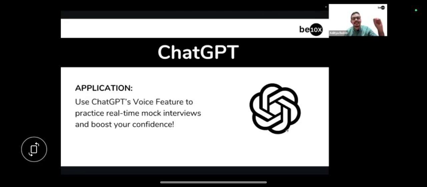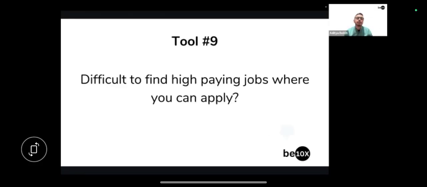So how many of you feel that it is a real problem for you to be able to find good high paying jobs according to your skill sets, according to your resume, where you can apply, depending on specific cities and specific sorts of packages that you want to apply for? Takes a lot of time, right? Like most of us are not able to find the time in order to find such high paying jobs.